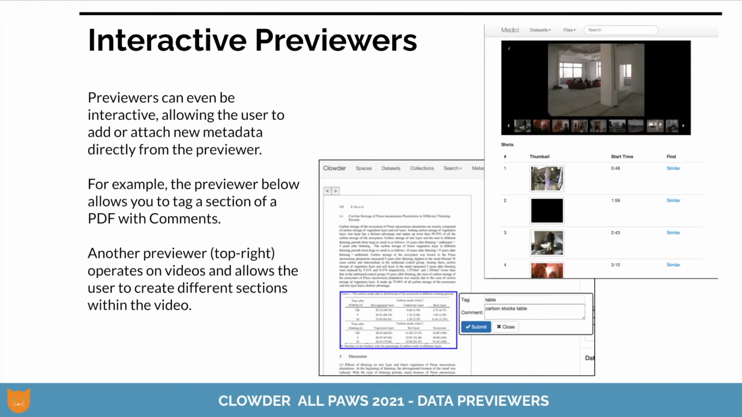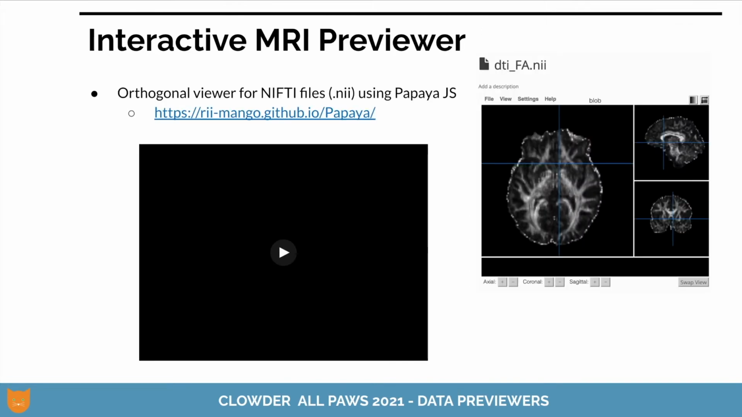Another, given a video clip, allows the user to split the video into various sections. Both of these previewers offer different ways of using Clowder to empower users to collaboratively edit on a project. As further examples of more powerful previews and visualizations,